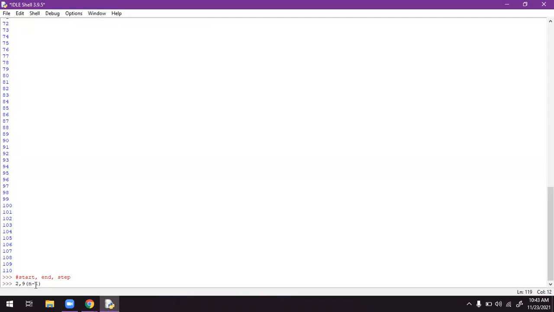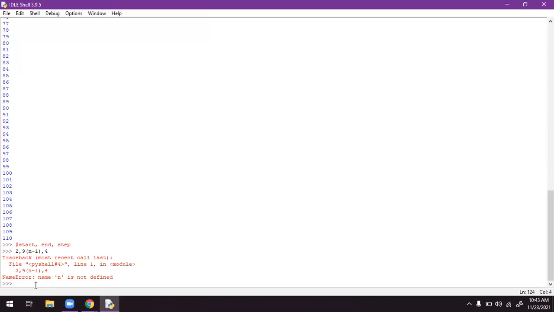Next, you also have to choose the step. If you don't mention any step value, then it takes 1 only. But if you mention 2 or 3 or 4, whatever it may be, it will consider that step input. If you write 4, it will skip 3 digits, and it will print the fourth digit.